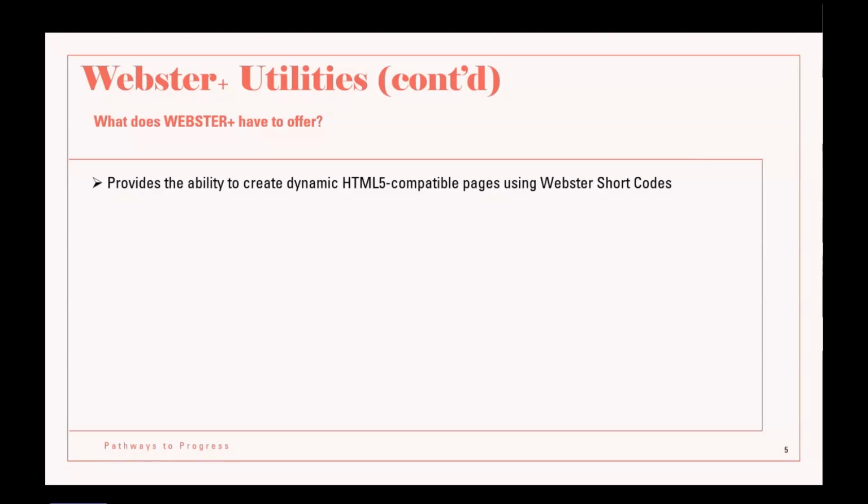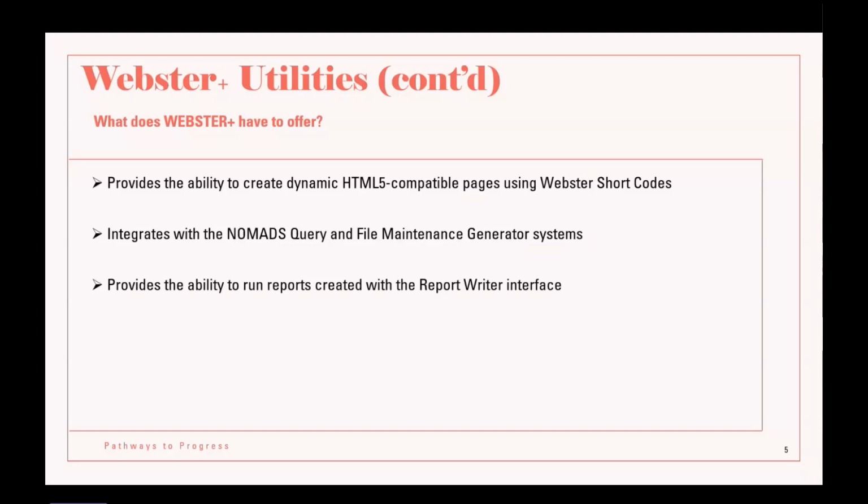It also allows developers to create dynamic HTML5 compatible pages using shortcodes. The shortcodes are processed by a binding utility, which replaces the shortcodes in the HTML documents with the necessary HTML elements for rendering in a web browser. It integrates with the Nomads query and file maintenance generator systems. Any query defined using the data dictionary will be usable, and the file maintenance generator creates the page and program for you. It provides the ability to run reports that have been created using the report writer